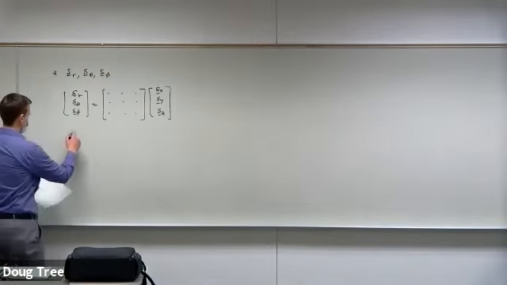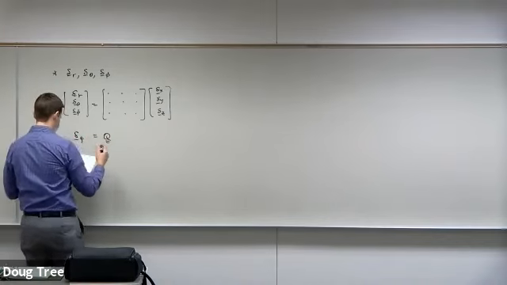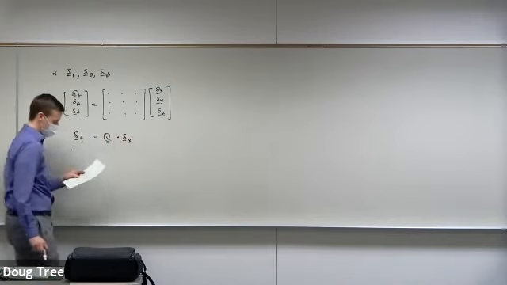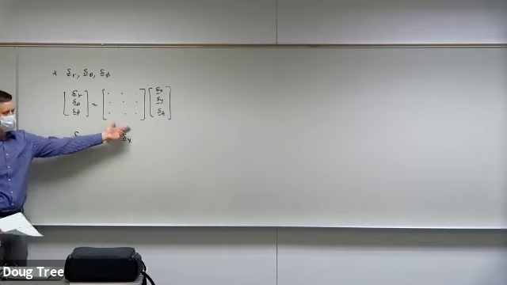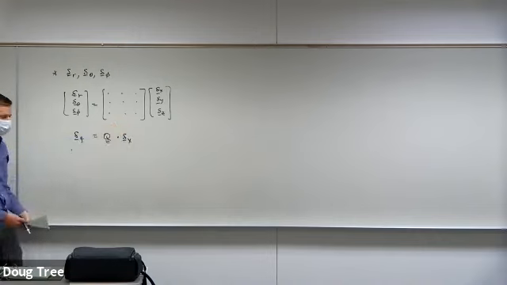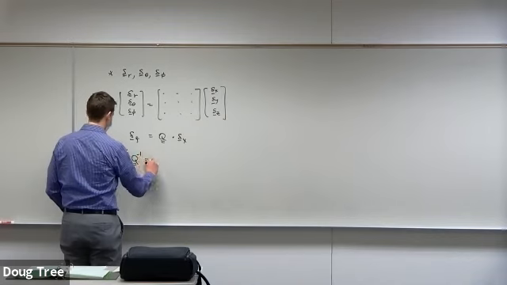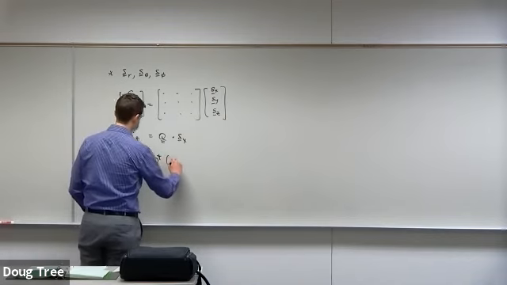So if you wanted to write this in a more generic way, you could write, let's say, delta f equals Q dot delta x. Conveniently, this matrix for an orthonormal system is an orthonormal matrix. And for an orthonormal matrix, the inverse of Q is equal to the transpose. So this is for orthonormal.